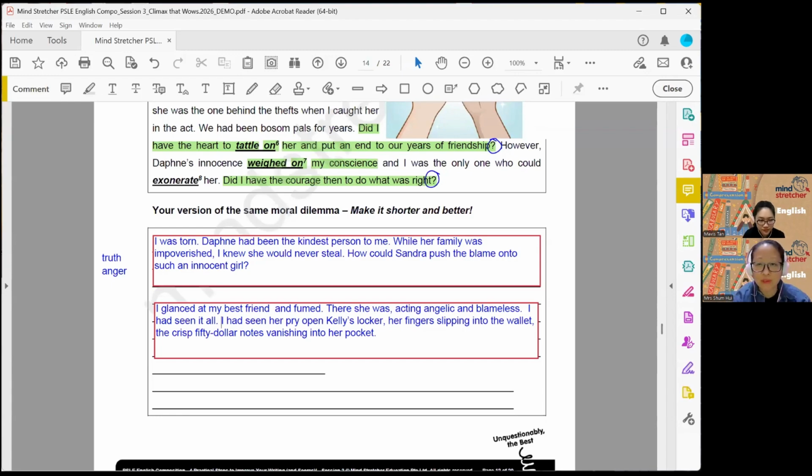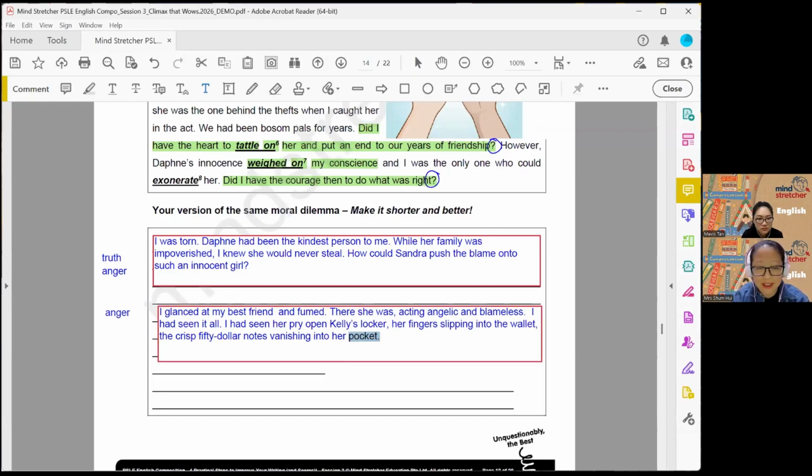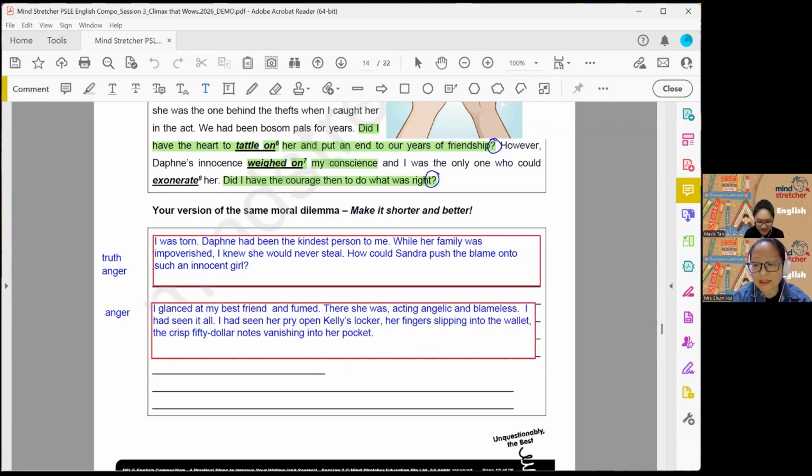I shook with fury, too horrified to respond. I think there's a mixture of feeling. You feel sorry for someone, you're angry with your friend, yet you're angry with yourself for not being able to do something on the spot. It's everything mingled in one. And yet you're looking at this person in front of you. There she was, acting angelic and blameless, a face of hypocrisy. A two-faced demoness she is. So all these bring out the injustice of the situation.